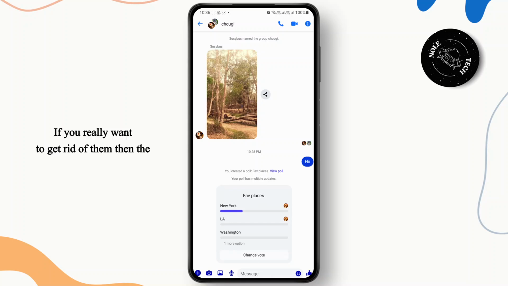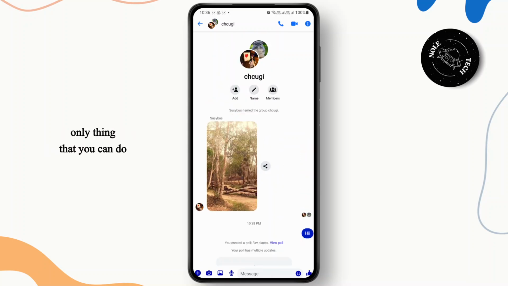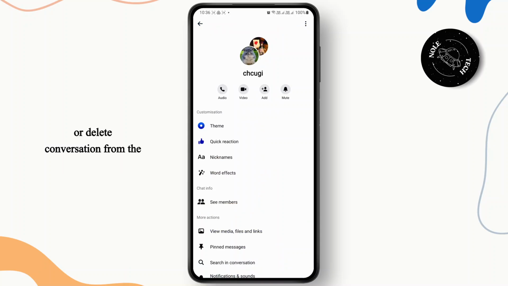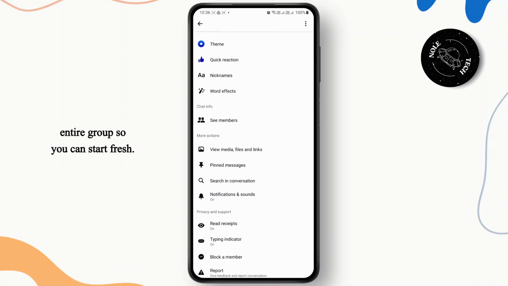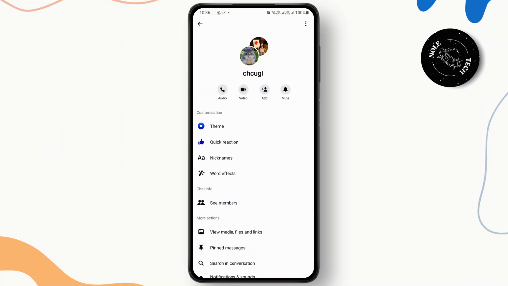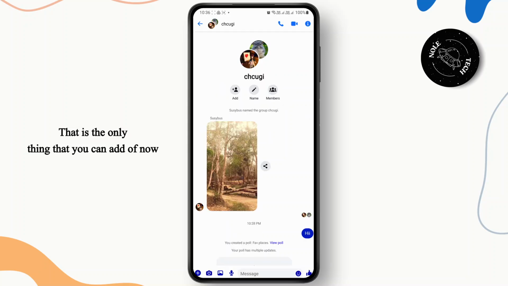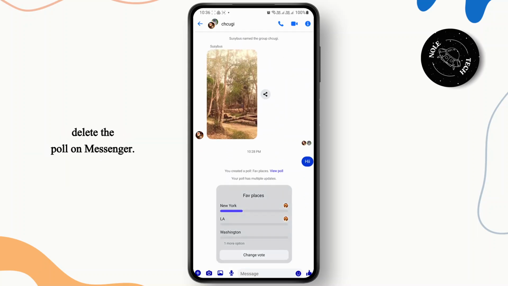If you really want to get rid of them, then the only thing that you can do is either leave the group or delete the conversation from the entire group so you can start fresh. That is the only thing that you can do as of now, but there is no option to delete the poll